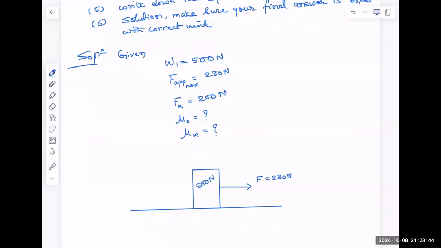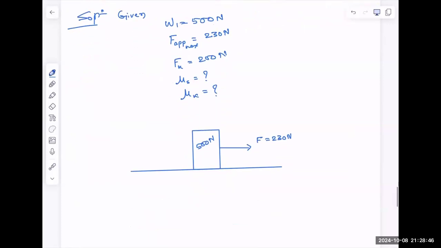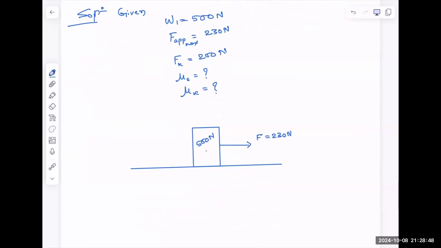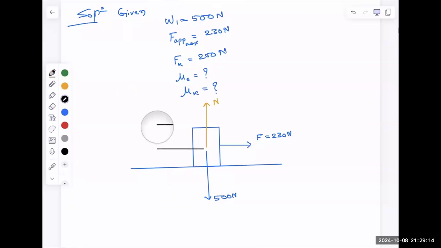And this is 500 Newton, my weight of this object. So that means this 500 Newton is acting downwards, right? And then there is my normal force, which is upward. And then there is my friction force, which is in the opposite direction,